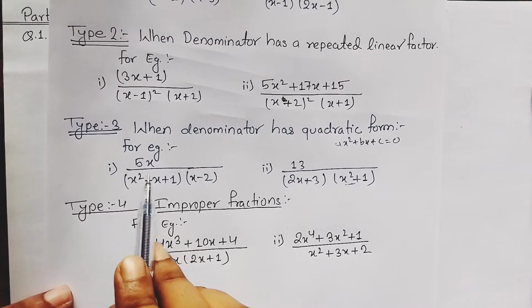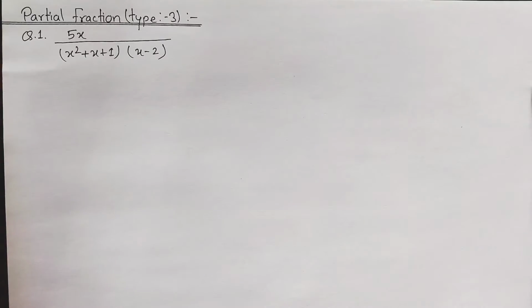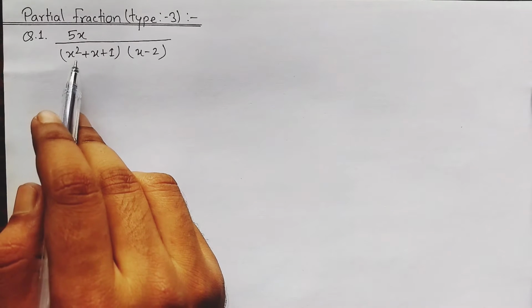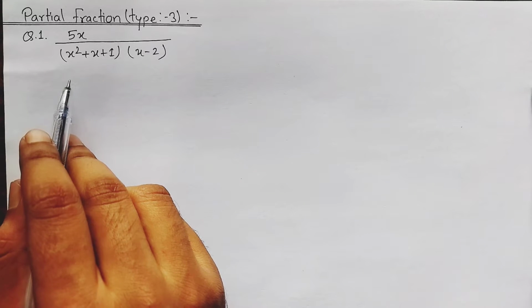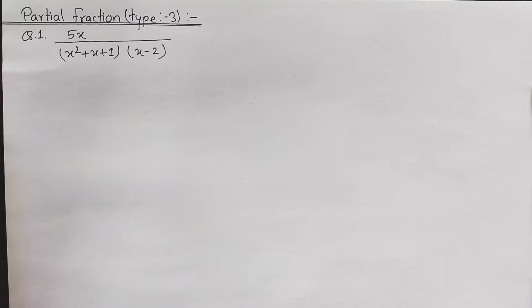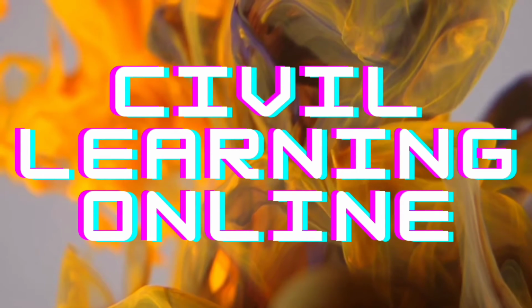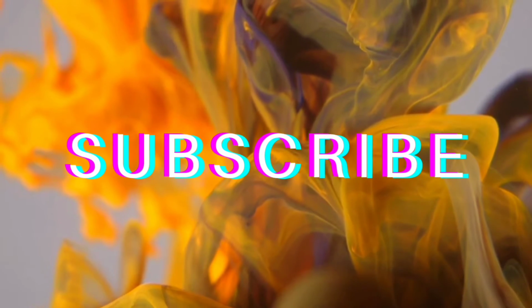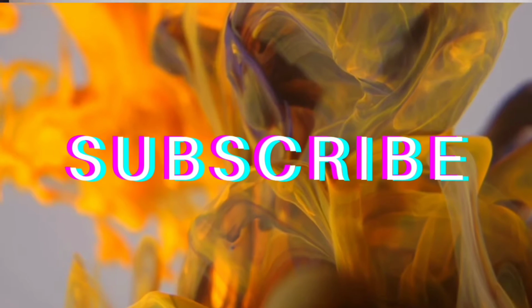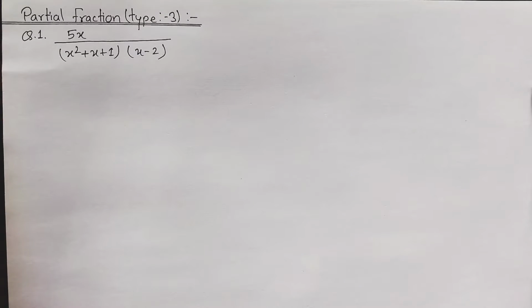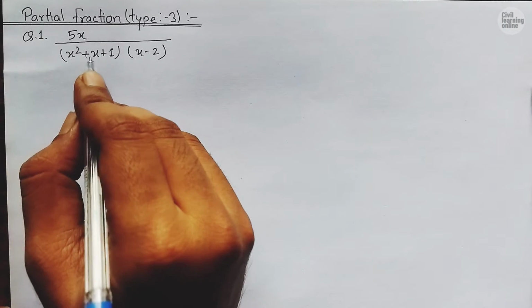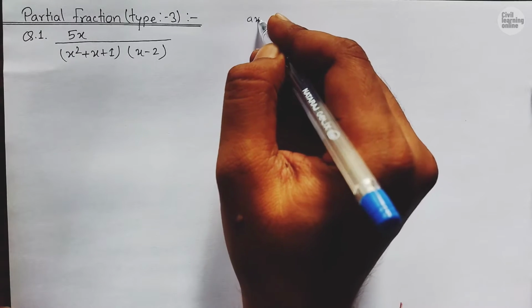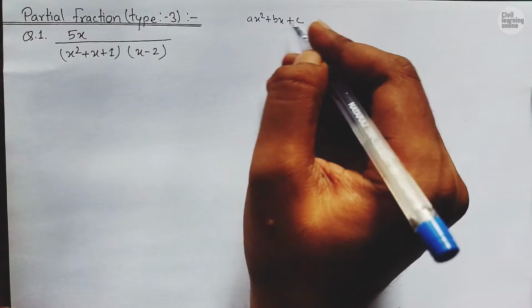So here we go, and this is the first example, so I am going to solve this here. So learn the concept here, how to solve when we face a quadratic form in the denominator. So without any further delay, let's get started. So you can see that here in this problem we have one factor, that is x square plus x plus 1, which is in the form of ax square plus bx plus c, and it is a quadratic